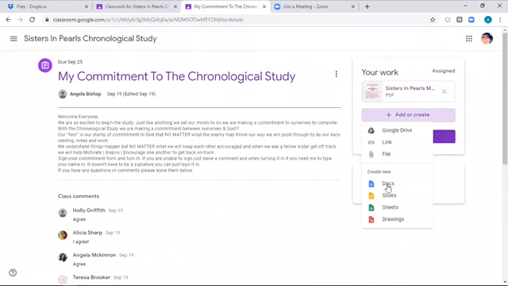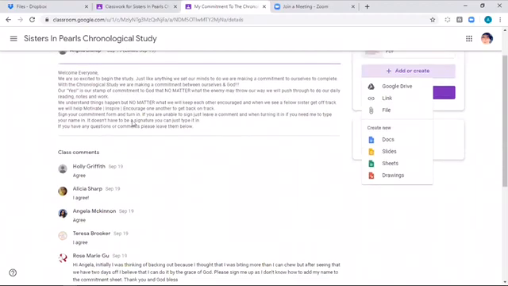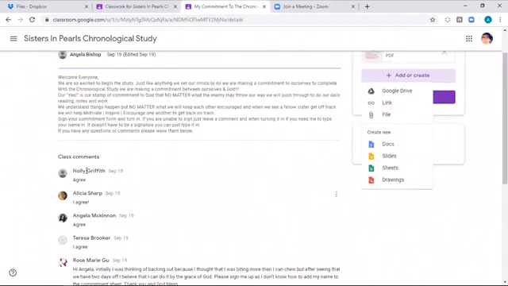And then you can go to the docs, type it in. You guys can copy and paste this, download this to your computer, open it in Word, copy it and paste it, and create your own document, to make it easier for you to sign it. So whatever works for you, okay? Don't get stressed out. If that doesn't work for you, you can definitely just type down here, as you can see everybody else has been doing, just say